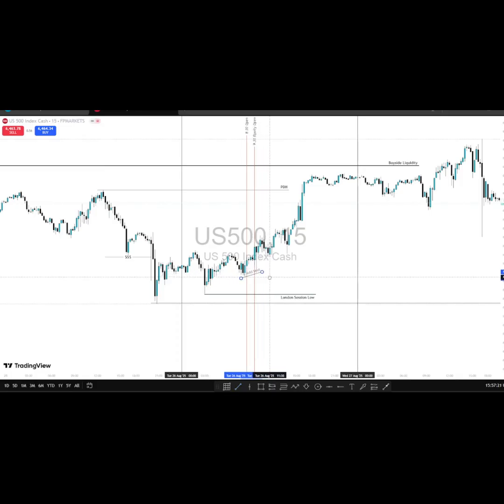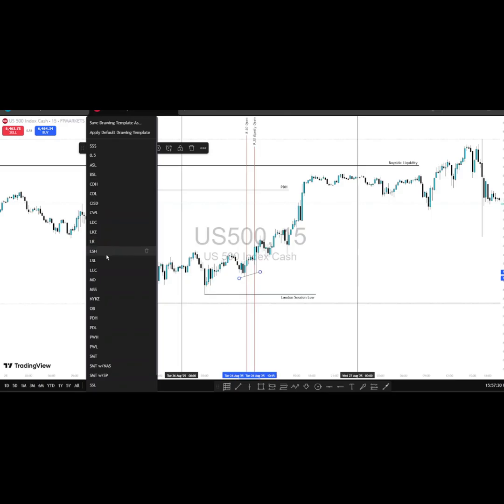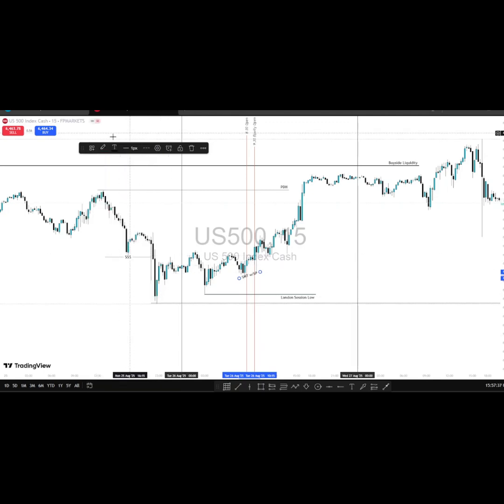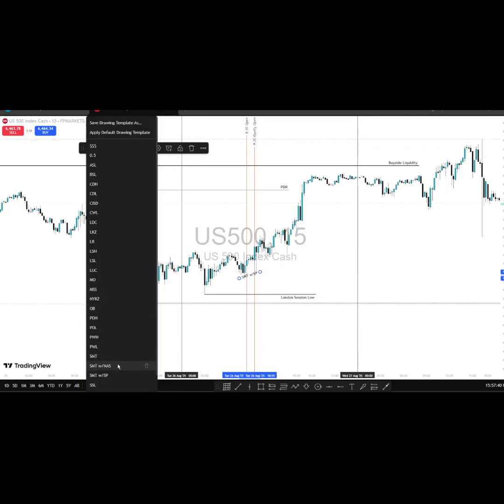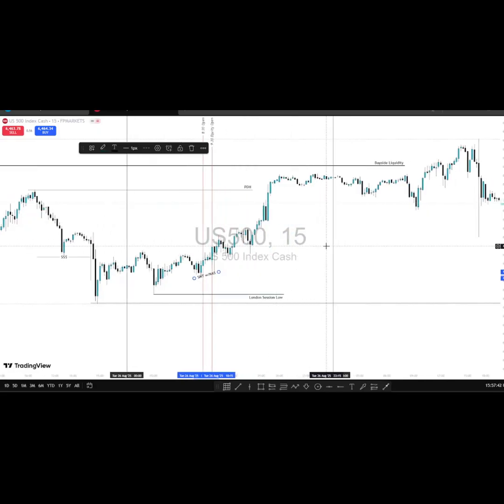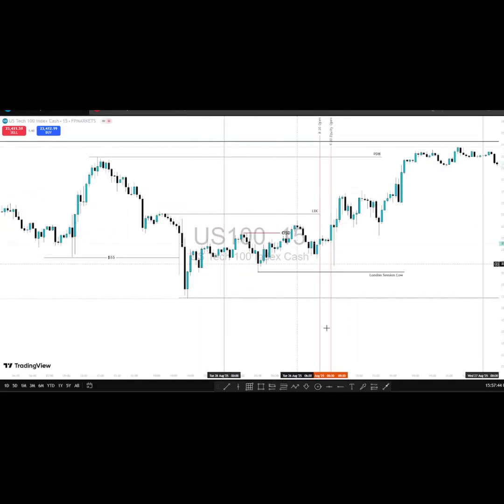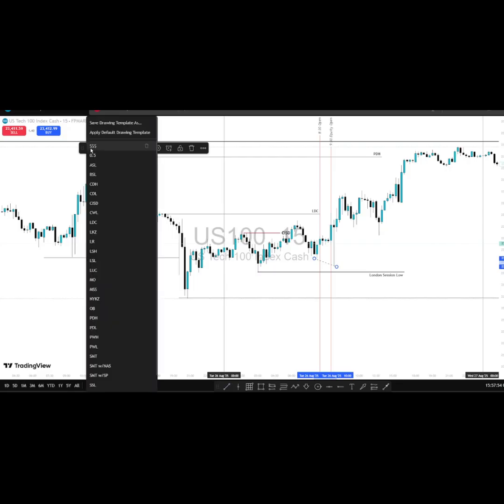Bearing in mind that I already have my presumed London session low, which is the current daily low, and I assume that on a bullish day the low has already formed at 3 a.m. This SMT became more confluence that we are about to trade higher, okay? Because that is what we call a cracking correlation. When you see that, you know that the market makers are now ready to trade higher for the day. They are not willing to go any lower than that.